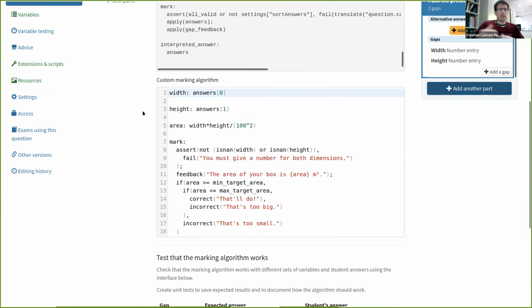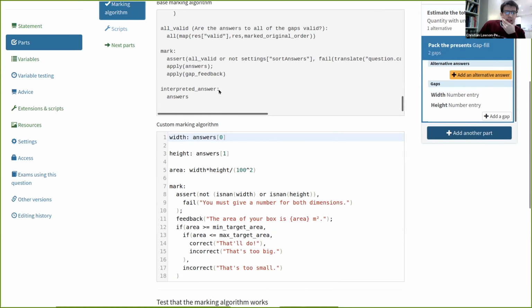And the idea is you build up notes about the student's question. You have individual bits that just check something, and they build up bits of feedback. And then that might eventually come down to one test that says it's completely correct or not, or you might have a few properties you want to test that each give a little bit of the credit and a line of feedback. So here, the built-in algorithm is already doing the job of using these gaps to get their answers